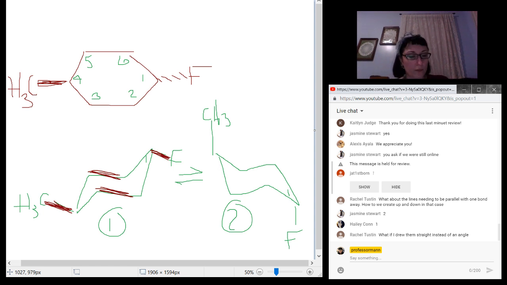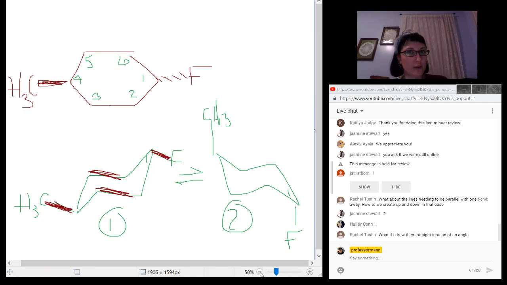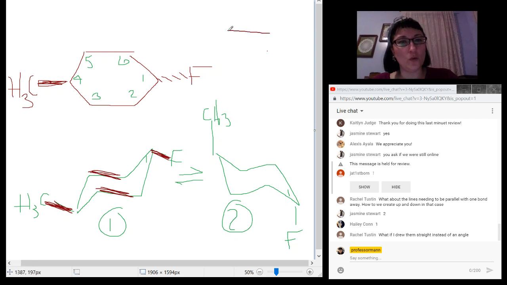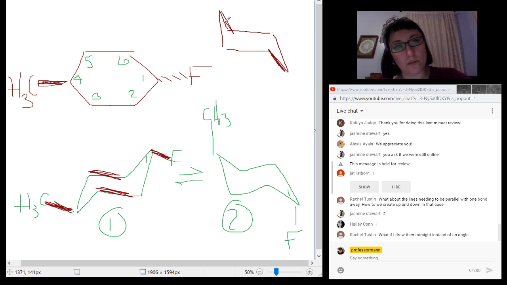Well, okay, so Rachel, I think I see what you're talking about. I think I might know what you're talking about. You might just draw ugly chair conformations, in which case I can still figure it out as long as you know which ones you're looking at. So what that probably means is that you were drawing chair conformations that looked more like this, where the lines were more parallel with the lines in the paper, in which case you're still drawing it like you should still be drawing it with those, right? Okay.